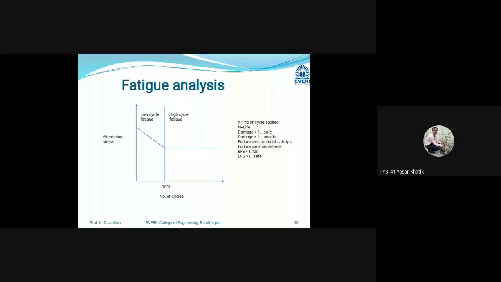Okay, like this, you can calculate the product life cycle of that particular model, and the practical application is for all components subjected to dynamic load only. Okay, not a static load. Whenever we are applying some dynamic load with respect to time, that time we have to use this type of fatigue analysis to calculate the lifespan of that particular model. So all automotive components face fatigue in real life.